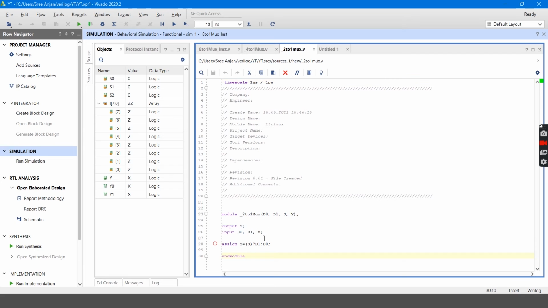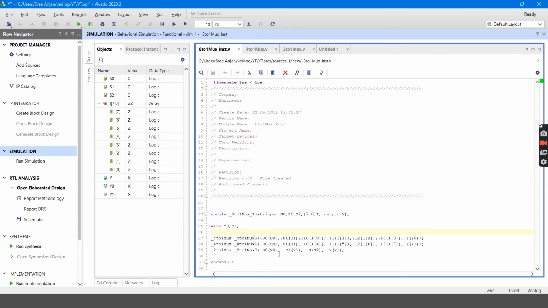Let's check, no problem. If it is true, I will be passing; here I am passing S as 0, which is false, so I will be passing D0. D0 is Y0, Y0 means I0.